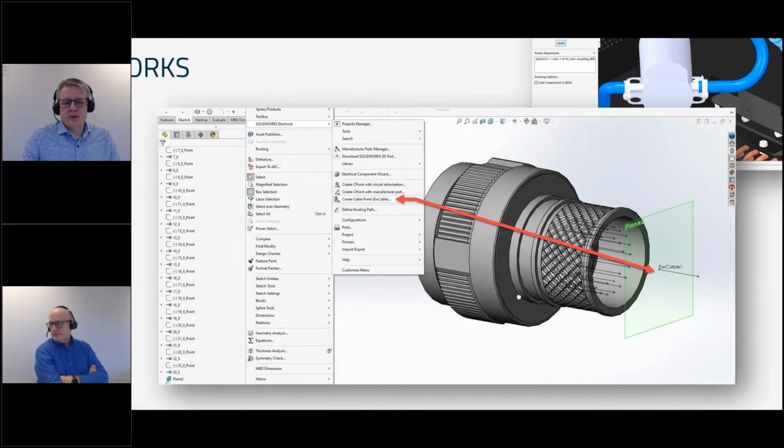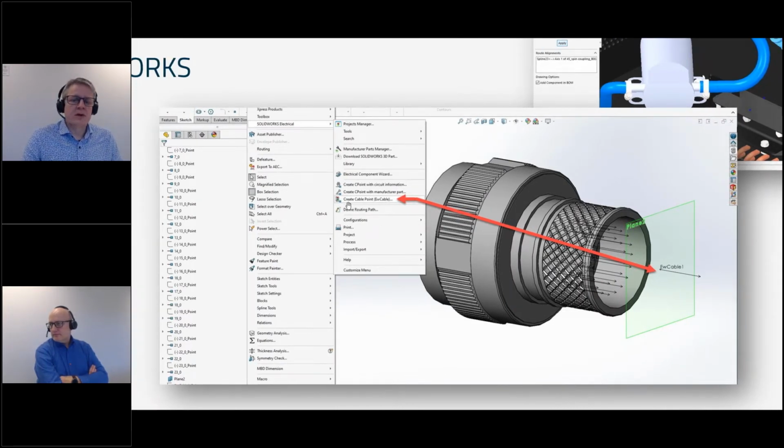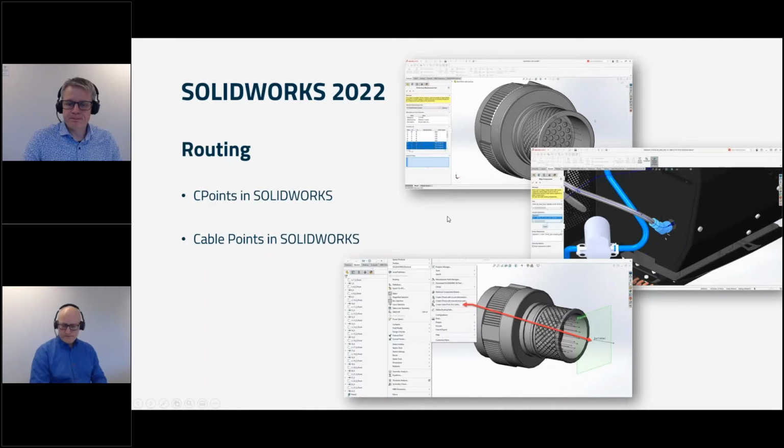We also have the possibility now to create what we call cable endpoint. This can be put on the outside of the component in SOLIDWORKS, and it will make it easier for you to control where your cable is going to fit. So that was the news in routing. Now the next slide,